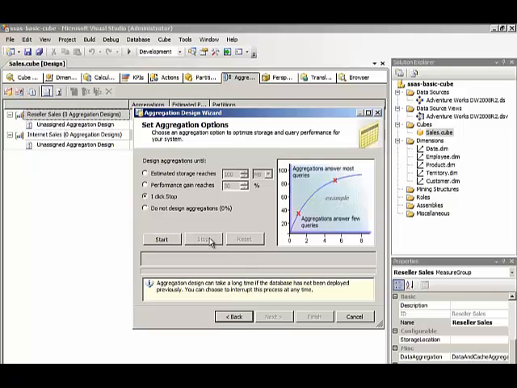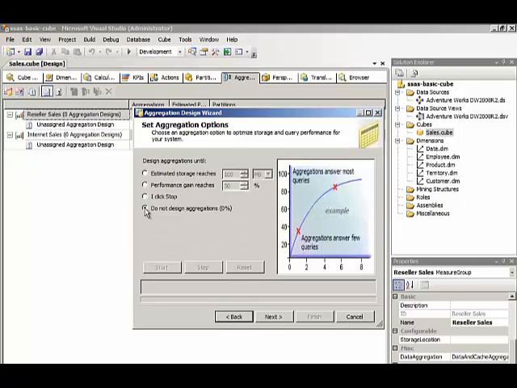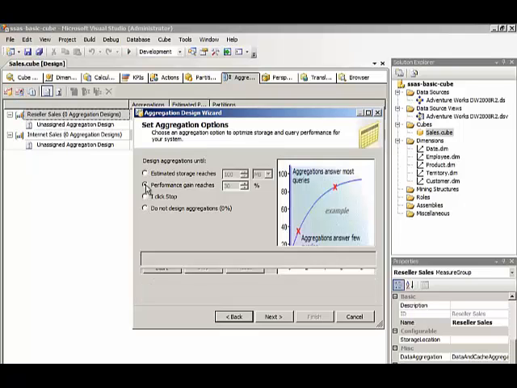However, there's really no way for me to know which aggregations it has already designed and which ones should still be considered, so that's not really a good option for practical purposes. Then we have this option, Do Not Design Aggregations, which doesn't make sense if we opened up the wizard for the express purpose of designing aggregations. So that leaves us with performance gain